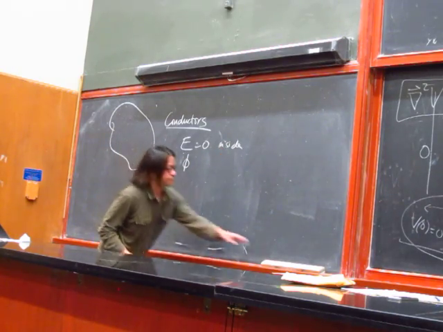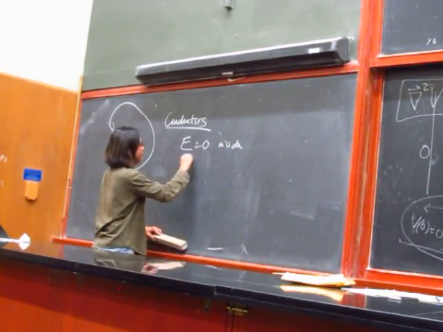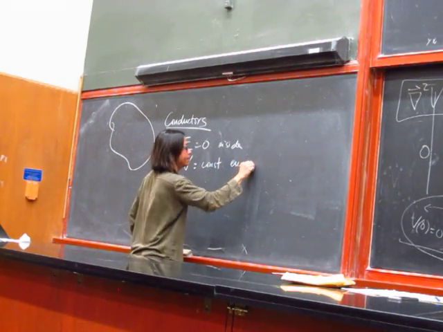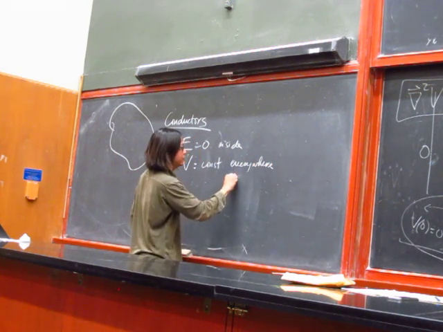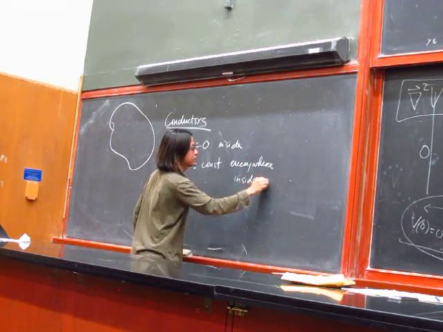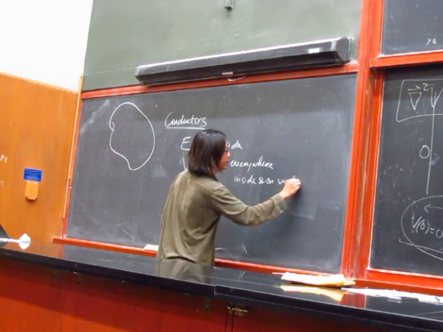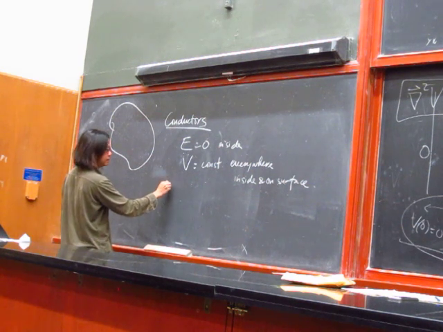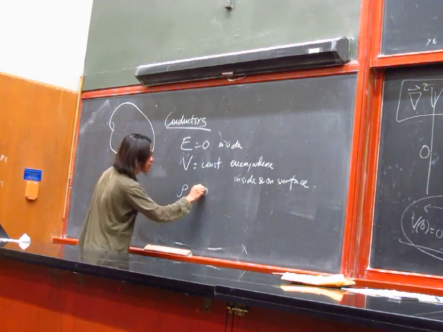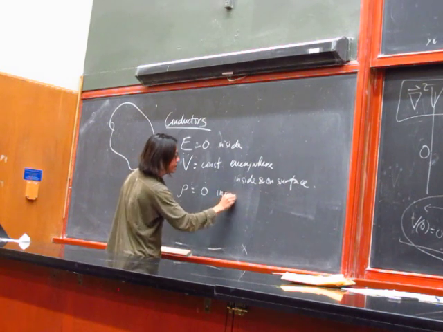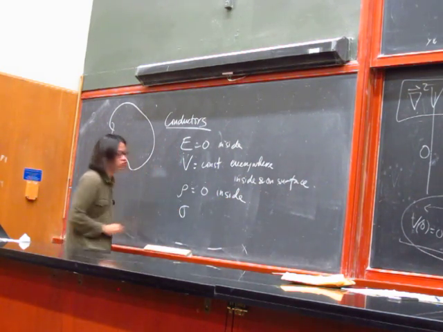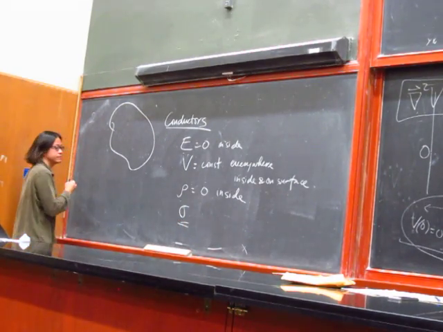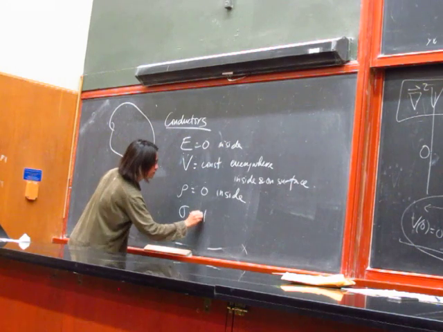The potential is constant everywhere, inside and on the surface. And rho is 0 inside. But you can have surface charge, and because of the surface charge,